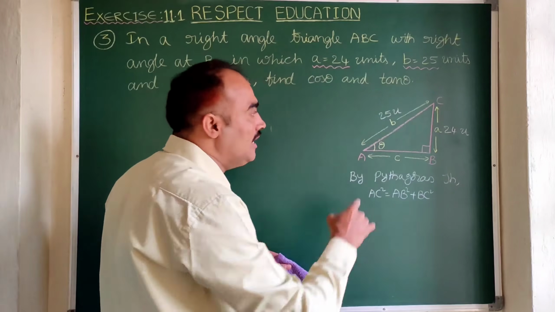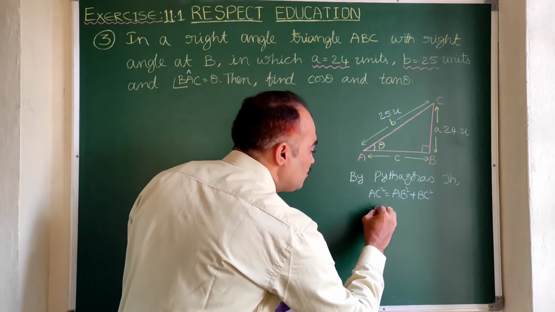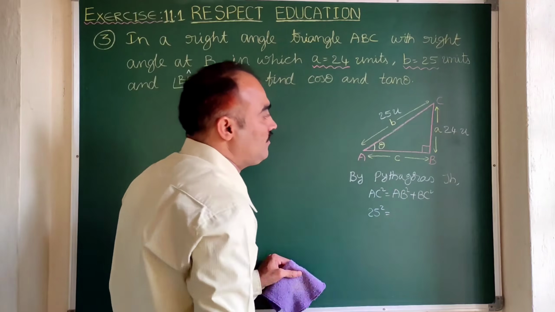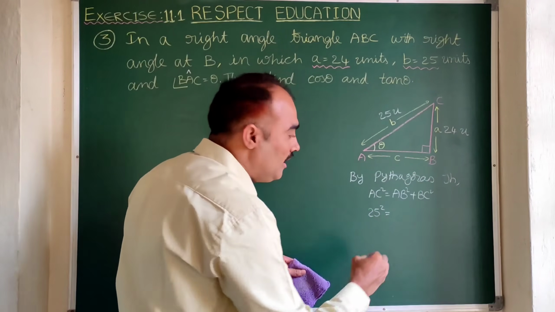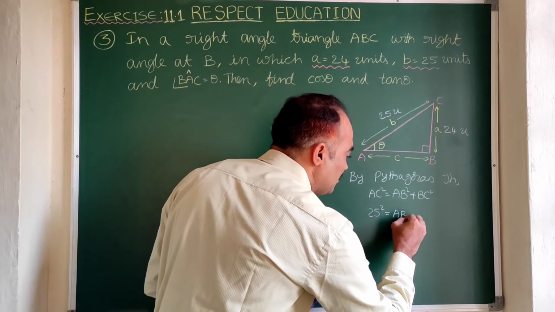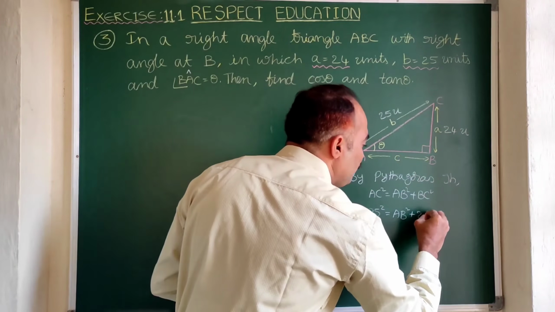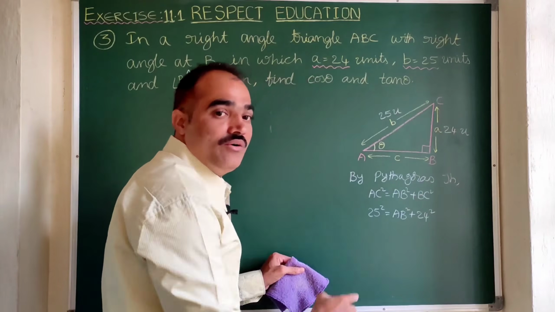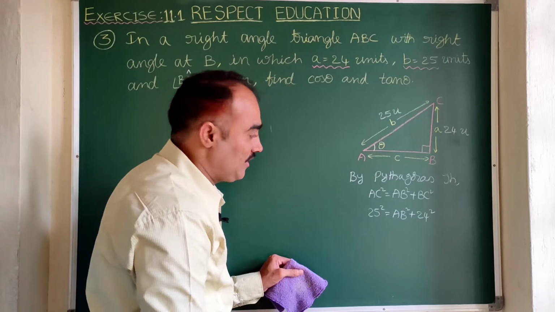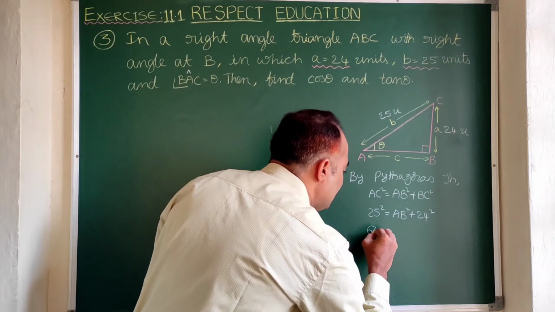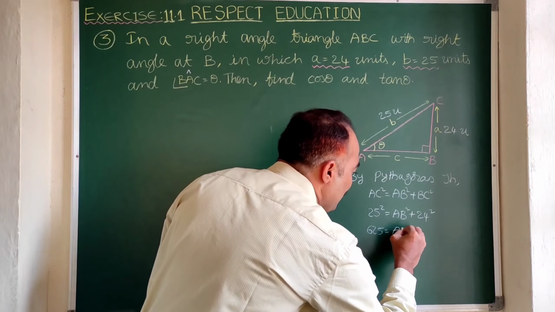Let us substitute the values. Here AC value is 25. So it is 25 square is equal to AB value is not known. Let us write as it is. I am writing AB square as it is plus BC value is known as 24. So it is 24 square. What is the value of 25 square? 625. This is 625 equal to AB square and